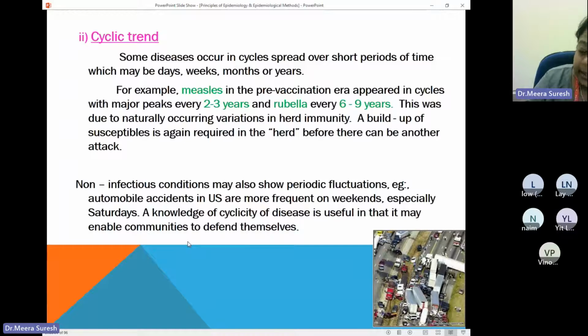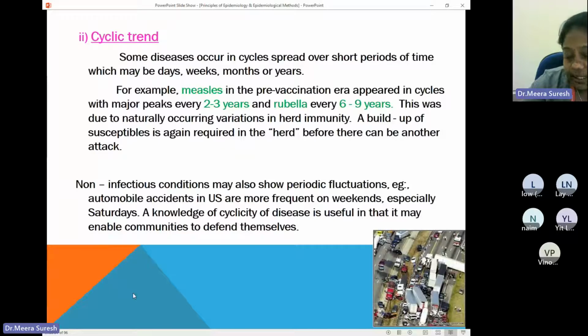So here there is a cyclical trend that is happening. The event is repeated in a cycle of days, weeks, or months, but it is not based on the season. A knowledge of cyclicity of disease is useful in that it may enable communities to defend themselves. And even now, in case of influenza, the virus, it is told that